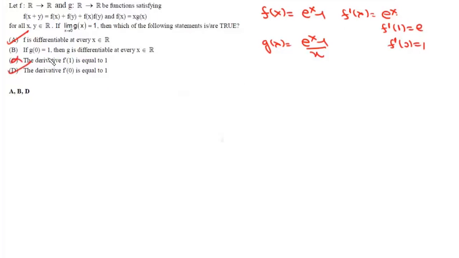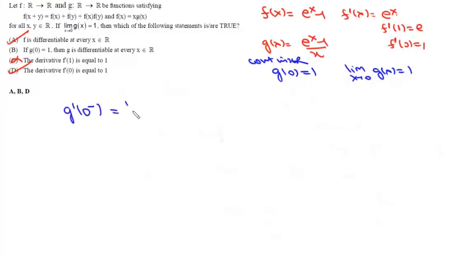Now we look at option B, and it says if g(0) equals 1, then g is differentiable at every x. Now if we take this limit, x tends to 0 of g(x), it is a standard limit, so it is 1. So g(x) is continuous at x equal to 0, and if it is continuous at 0, it is continuous for x belonging to R. Now this function will be differentiable everywhere except we have to check its differentiability at x equals 0. So if we find